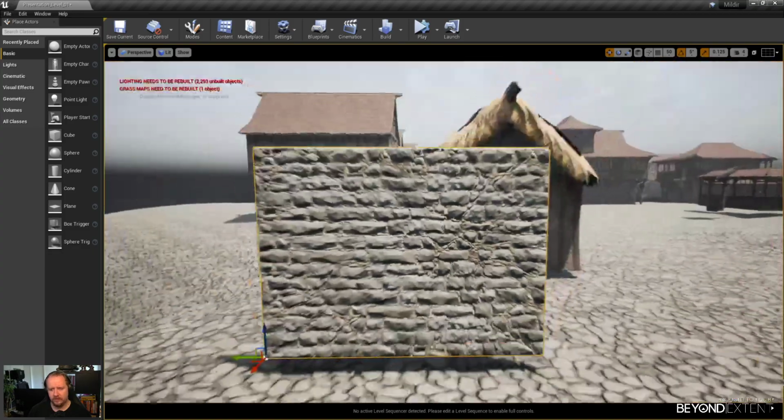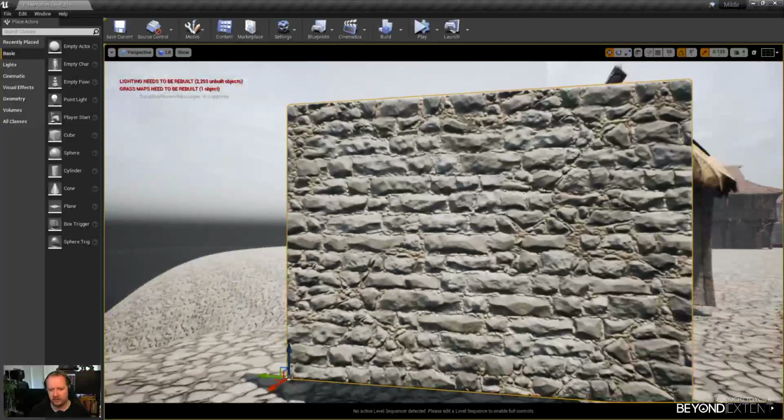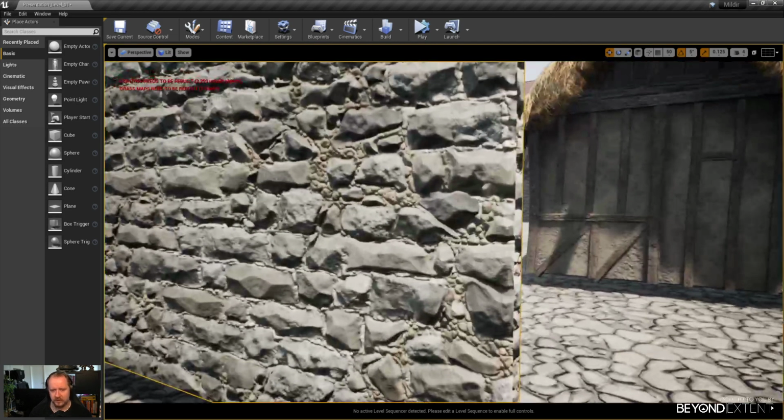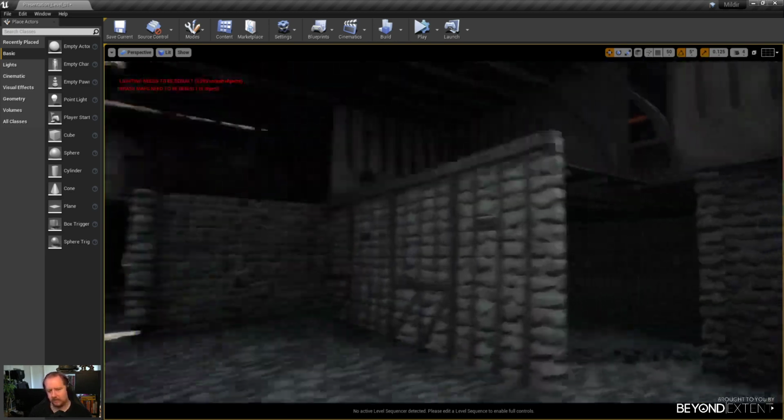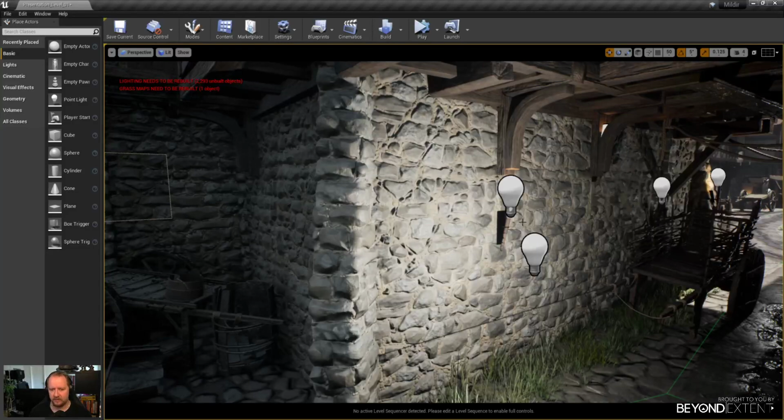But for this, it's super nice to have the control of Substance Designer, right? So that I can control the cracks and all that. I can play around with it really quickly. For the normal stone wall, you could probably use ZBrush. You could use it for both cases, but I like the flexibility that Substance Designer gives me.